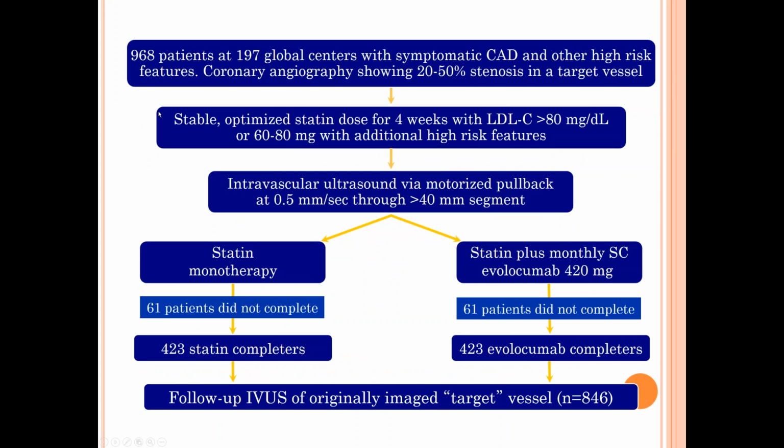So they looked at 968 patients. Initially, I think they enrolled close to 2,000 patients, but a bunch of them were excluded for various reasons. They looked at patients that were already treated with statin therapy with LDL greater than 80, or 60 to 80 with additional high-risk features. Patients were analyzed using IVUS and randomized to either statin monotherapy or statin plus evolocumab. And patients were followed